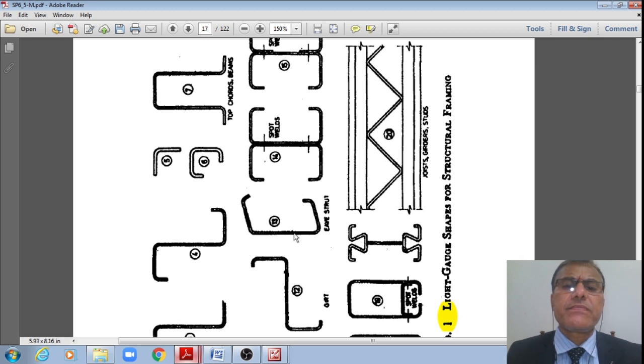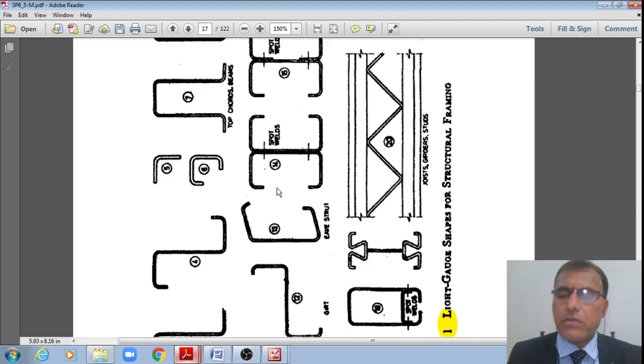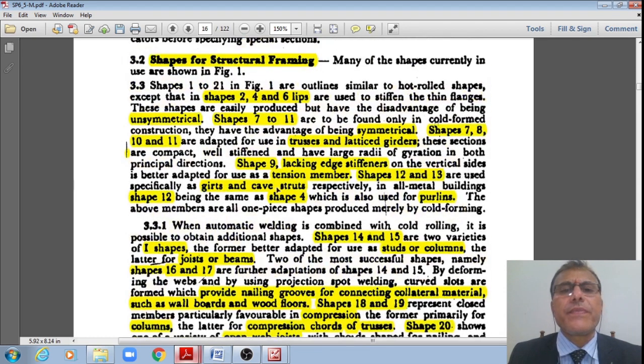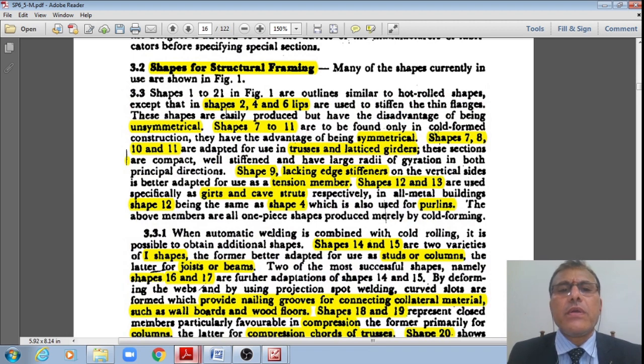Whereas this section 13 can also be used for a similar use, right? As well as this shape 13, let us see these uses also, students. These sections, shapes 2, 4, 6, where lips are used to stiffen the thin flanges. Generally these have the disadvantage of being unsymmetrical, whereas these shapes 7 to 11, as we have just seen,